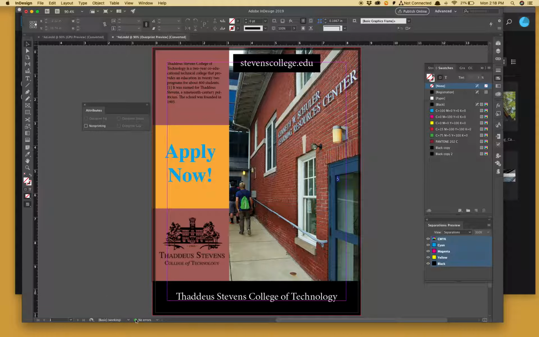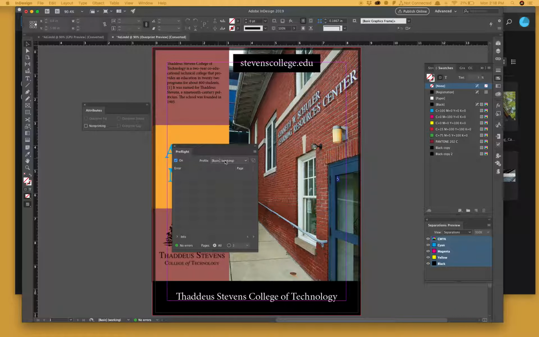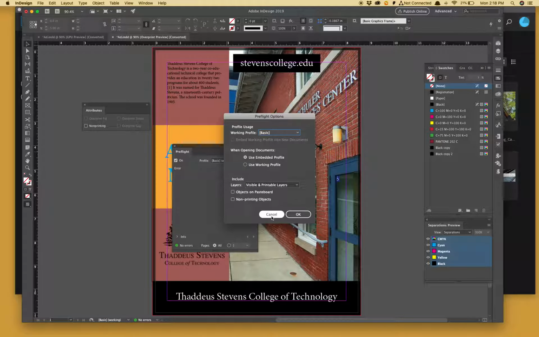So if you look down here, right now it has a little green dot. It says no errors. If I click on that, I can do the pre-flight panel. And you can see in that pre-flight panel that it's just set to a basic or a working pre-flight. If we hit the drop down and look at what's in here, pre-flight options,